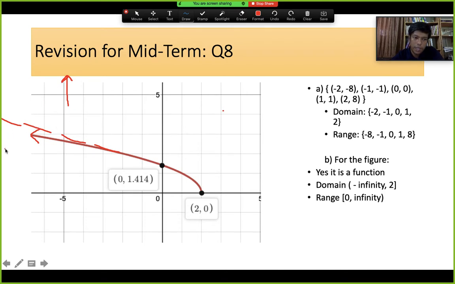And this is negative infinity for the x. This is positive infinity for the y. Okay, that's why positive infinity and negative infinity. Some people get confused about